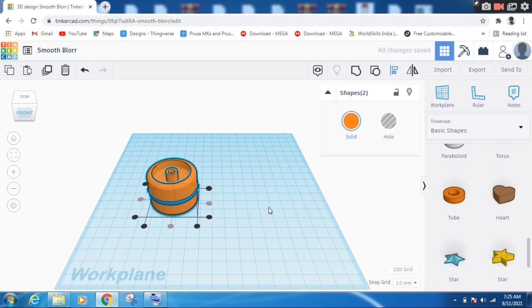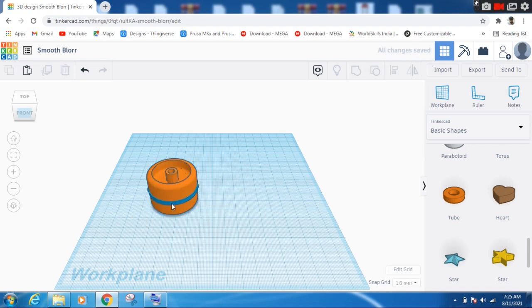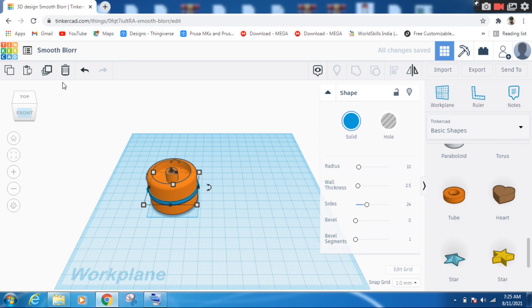Now again I'm going to click on the blue one and click duplicate. Then I will hold this one and go up a little. Then again I'll click duplicate. After clicking on the middle one, again the blue one in the middle, I will click duplicate and go down a little.